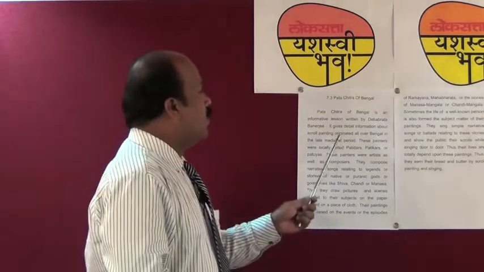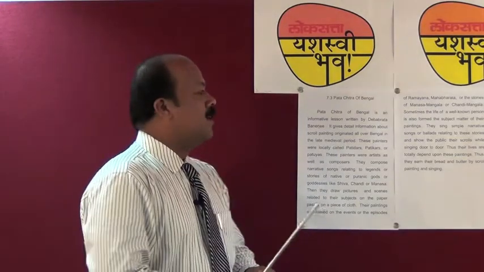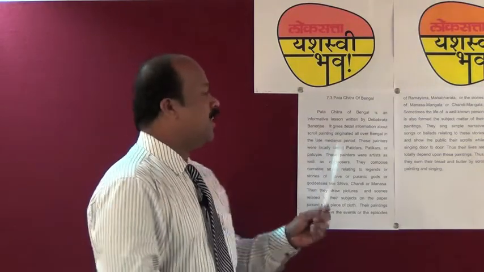The meaning of Patachitra is totally opposite of Chitrapat. We know that in films, the sequence comes one after one, whereas Patachitra is the word where the picture comes one after one. So the Patachitra originated in Bengal in the late medieval period. The painters of this Patachitra were known by different names.